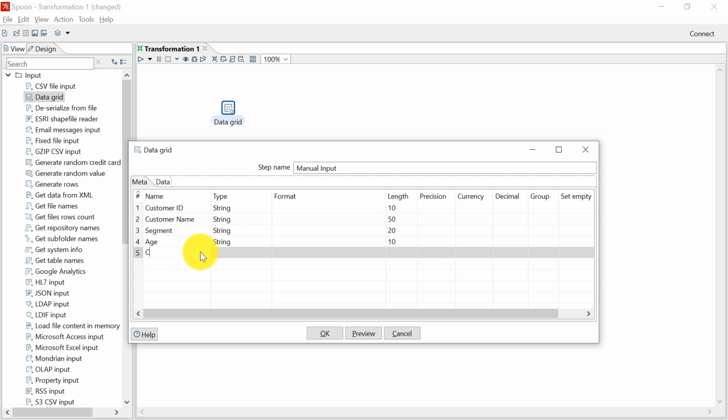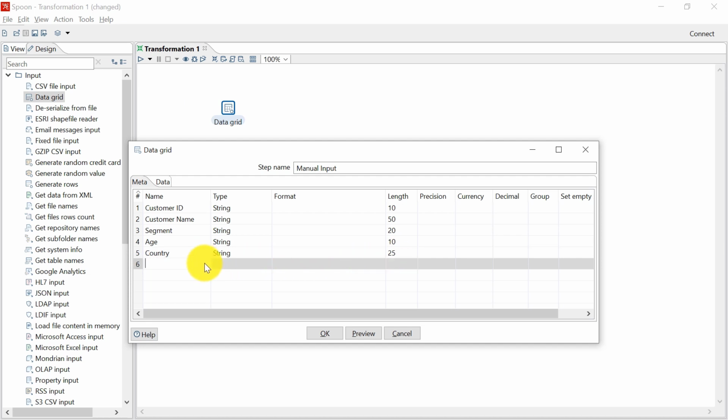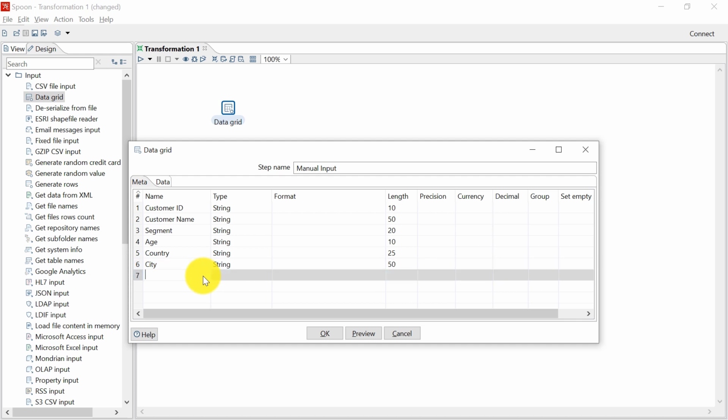After age we have country. You can also choose string from this drop down. I have been manually entering it, but you can choose it using the drop down also. For country we have 25 characters. Then state. Then city, which is string, 50 characters. State, string, 50 characters.